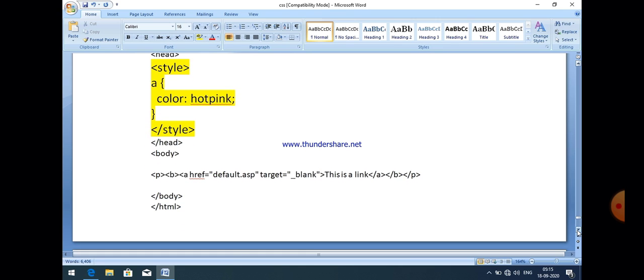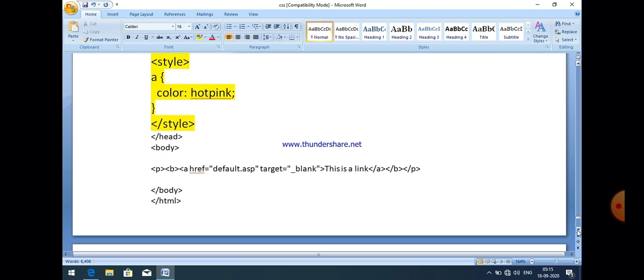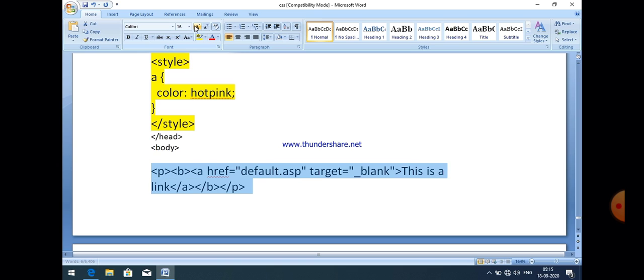Now you can easily see in the body part of that program that a paragraph is declared here. I think it is clearly visible to all of you. And the link is to default.asp. ASP basically stands for Active Server Page.